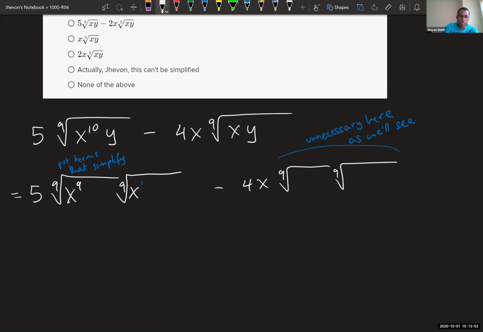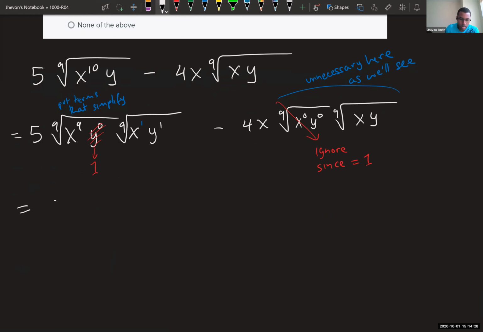Similarly, if I were to split y into two parts, well, nothing simplifies here, and just y to the 1, the y would stay. So it kind of means you don't have to do anything. So you don't even have to notice the y here anyway, right? Because that's just 1. So for similar reasons, this one will break up into x to the 0, y to the 0. So for that reason, you can ignore it, since you're multiplying by 1. And so the x and y will be left over here. And so what you'll have here, to clean up a little bit,